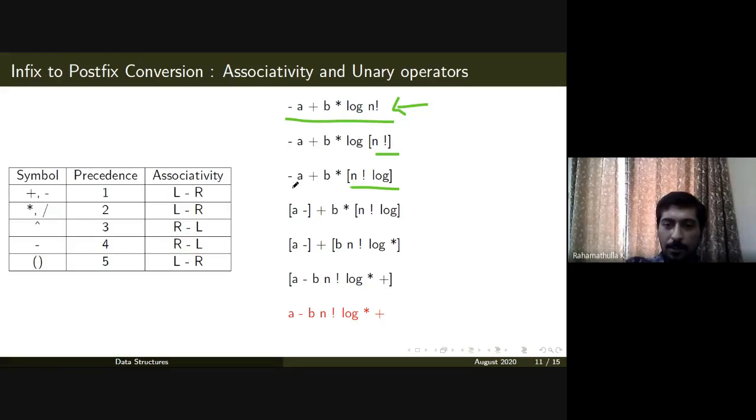Then the next thing that need to be done is this unary operator, that is a minus. So n factorial log this side we kept as it is, and this part, the part which is written inside square bracket is already in the postfix converted form. Next we have two operators, both are binary operators, star and plus. The associativity is from left to right, but these two are having different precedence or priorities, so star need to be done first, then addition. So the final postfix expression is this.